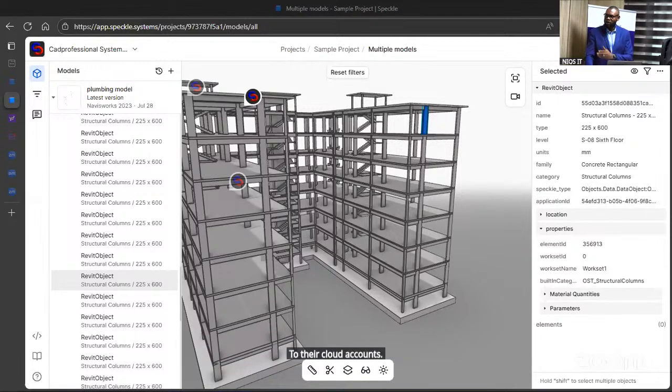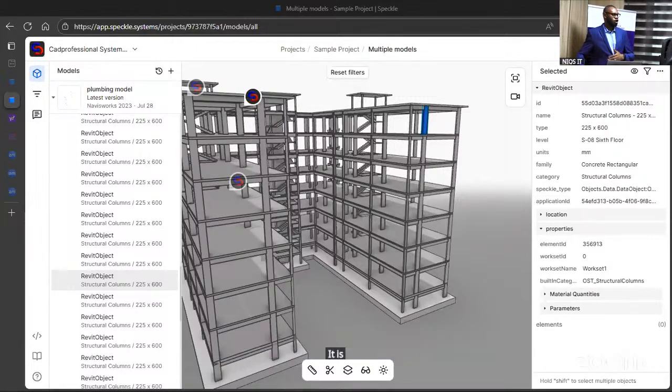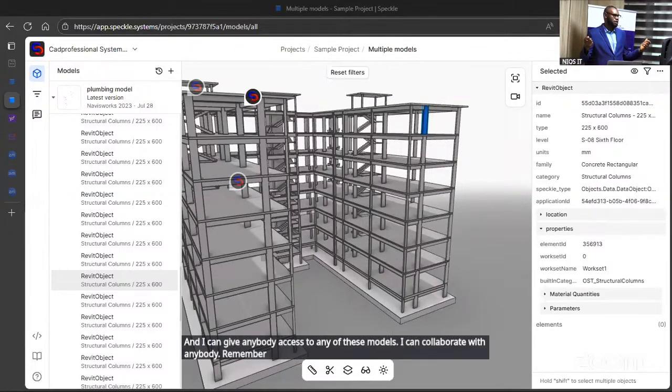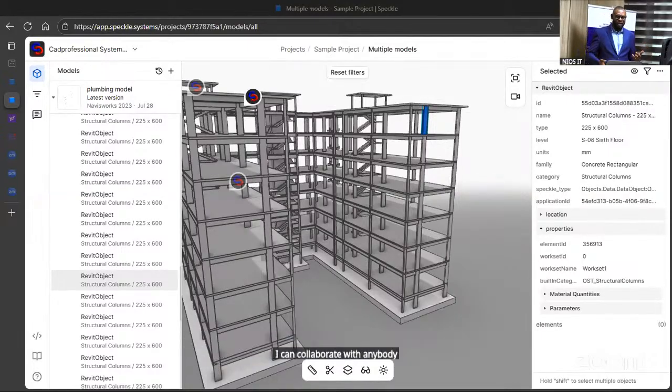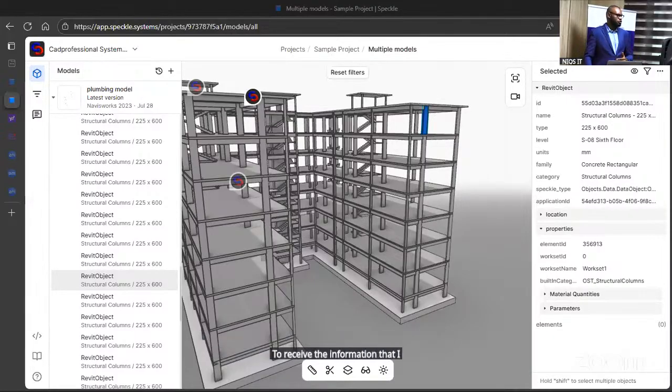The account I show you that you're looking at here on the screen is my cloud account. It's not living on my computer. And I can give anybody access to any of these models. I can collaborate with anybody. Remember, the catch about BIM is collaboration. I can collaborate with anybody on this model so that they have access to the same information that I have. So whatever the architect is doing, every other person on the team is able to see the same thing. So in rounding off, I want to show us